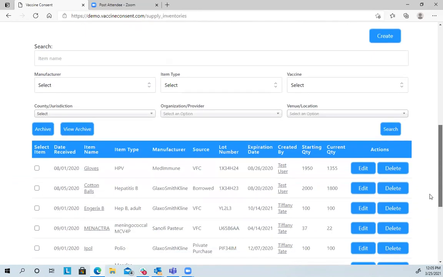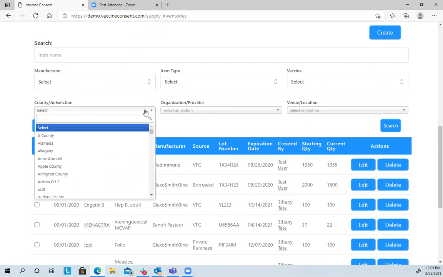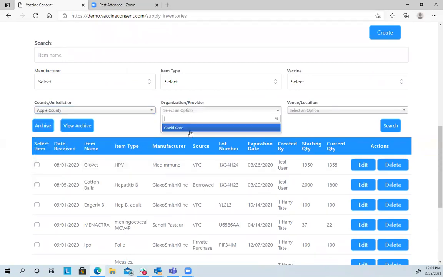The second half of the page is our search function, and you can search by any of these filters. An easy way to do that sometimes is to go in here, select a county, an organization, and you can stop there and see everything that is put in at that level.